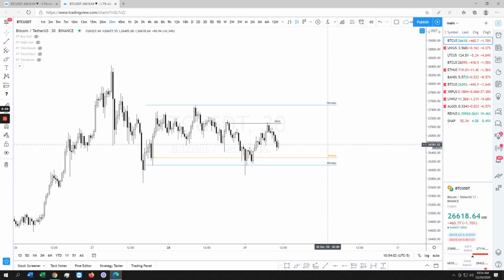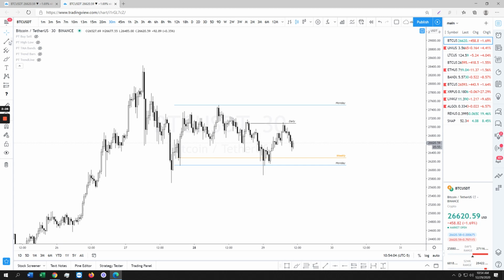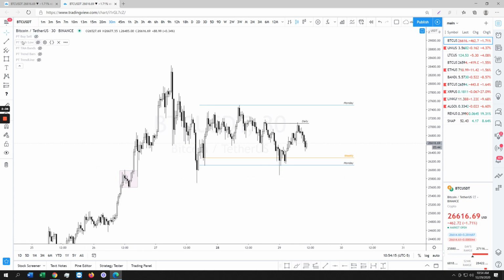So this is what I'm playing with and what I'm working with right now. If you want to draw a trend line from the original, well, it's not really an original, but we consolidated a little bit over here. So you have to take in consideration that this is an important block. So given the fact that it is a block, regardless